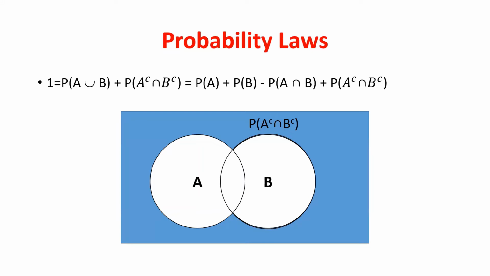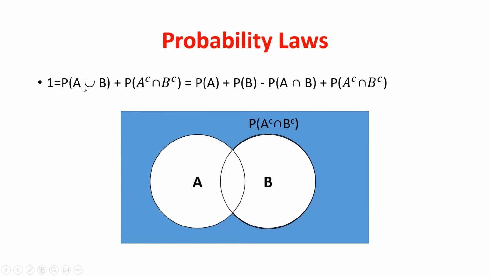We're going to return to this idea of how we can rewrite the union. Let's say I have something like this, and we'll come back to it in a second. The entire experimental outcome space is 1. That represents the probability of every single possible outcome. If I broke this down, this white area here just represents the union of